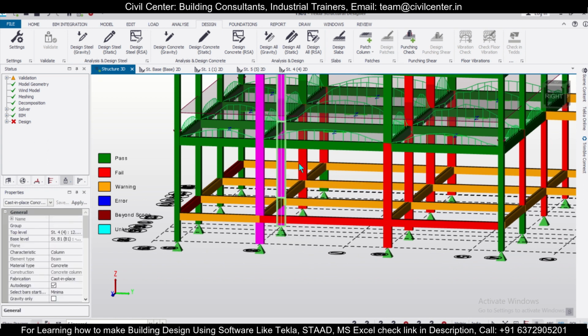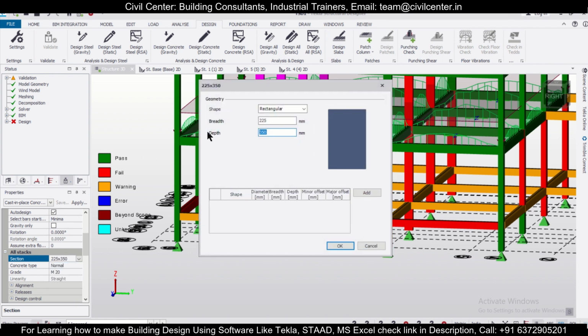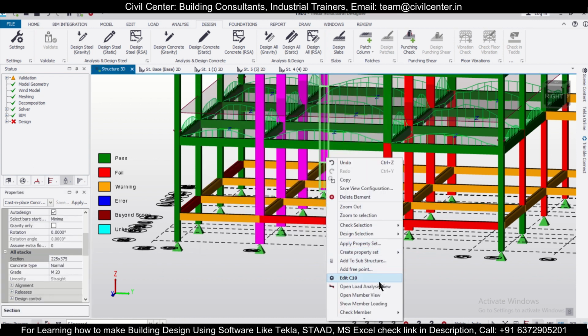So let's change the orientation of it, or else we can give the same orientation and change this a little bit. Instead of 225 to 300, let's do this as 375, and then click on OK, and then right click and then design selection static.